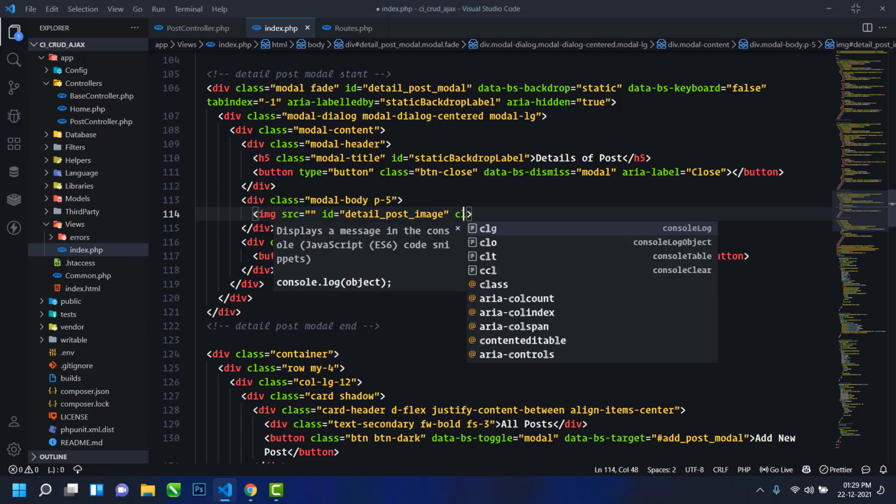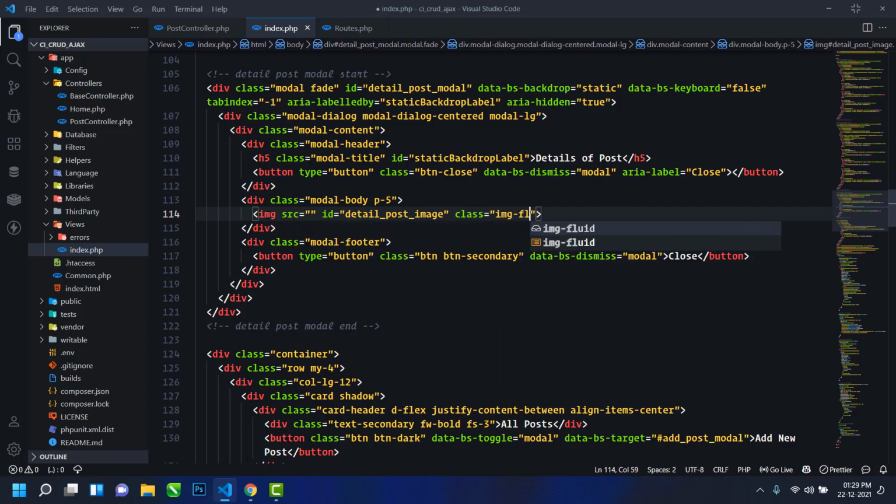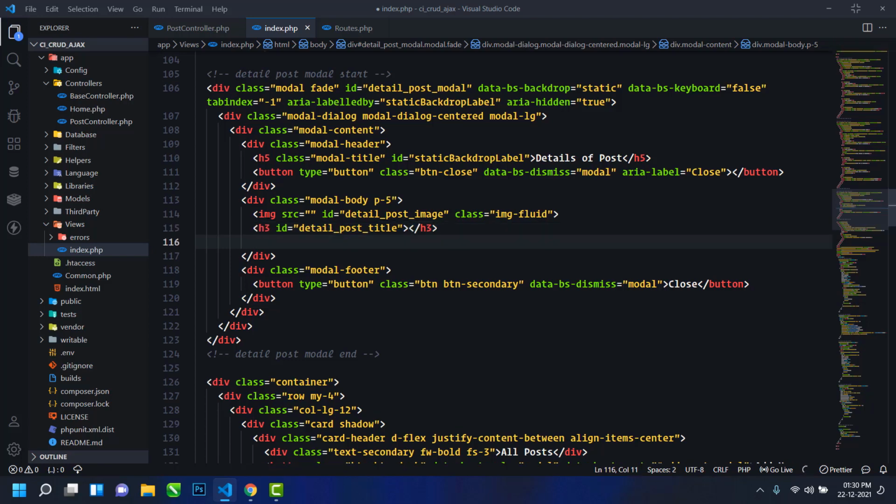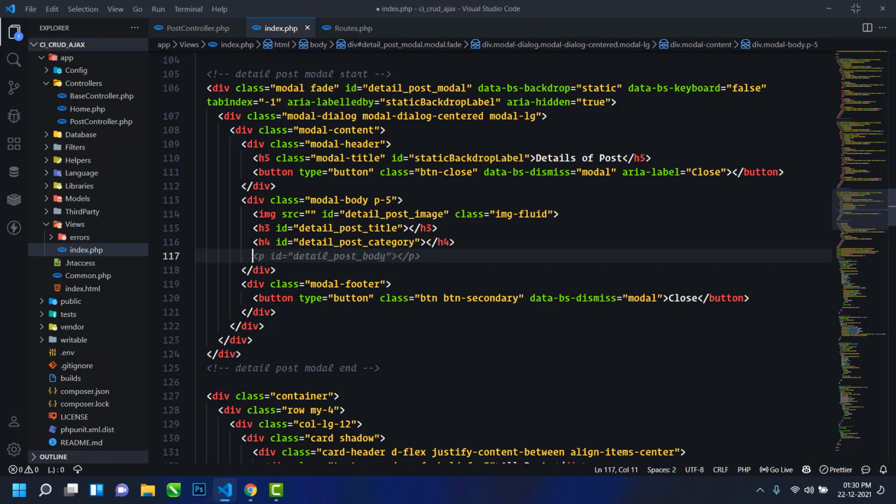And I will use some class, img-fluid. And next, just below this I will display the title, and just below this I will display the category. So just use h4 and then id detail underscore post underscore category, and then I will display the post body.